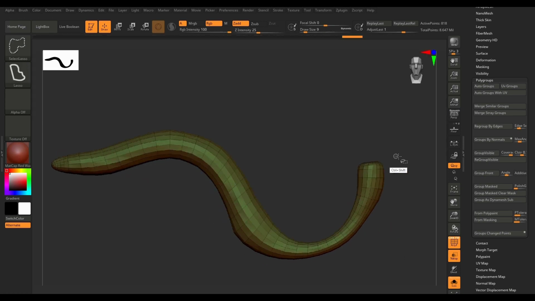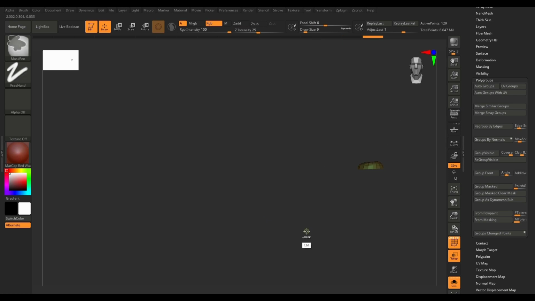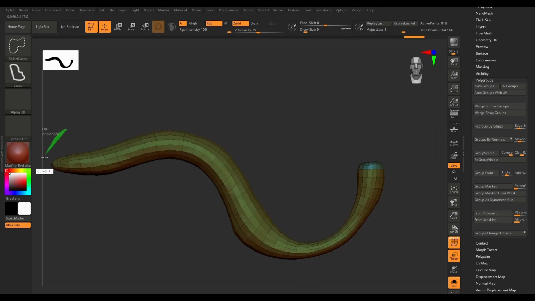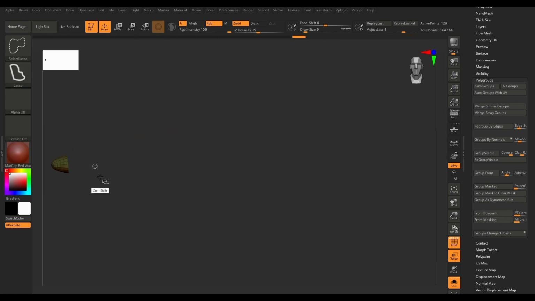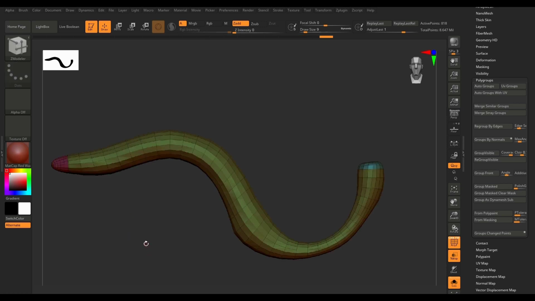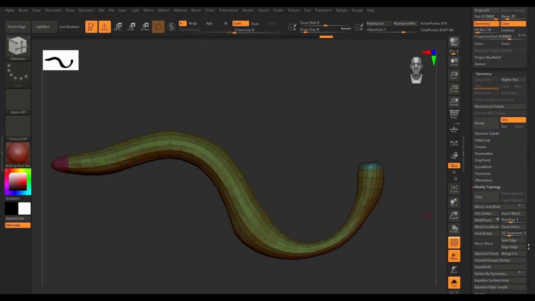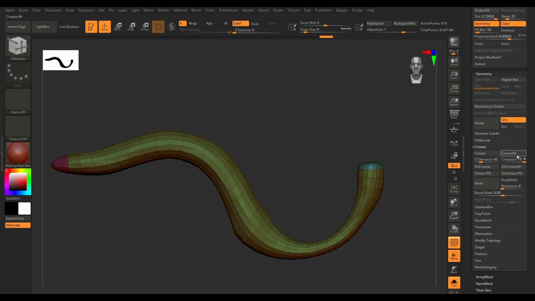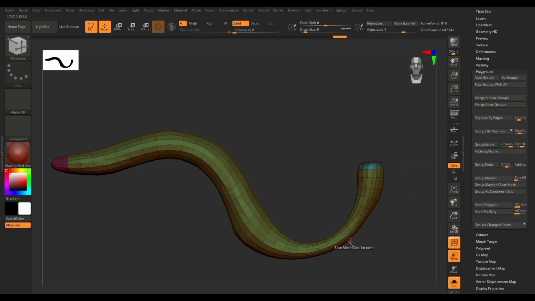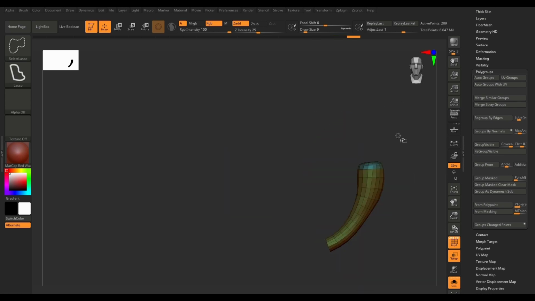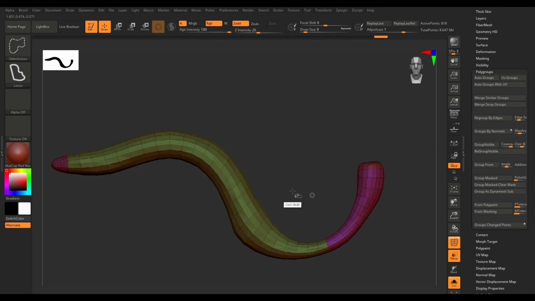Control Shift, lasso, both caps, Control W. Again here, Control W. Also, it has some creases, so uncrease all. Select this part, regroup visible,